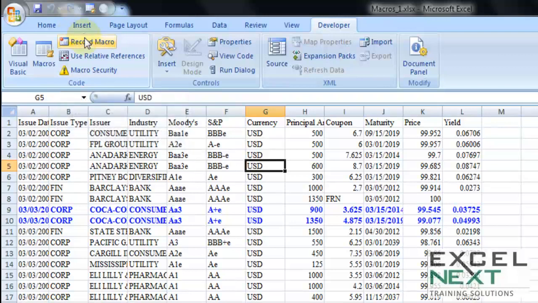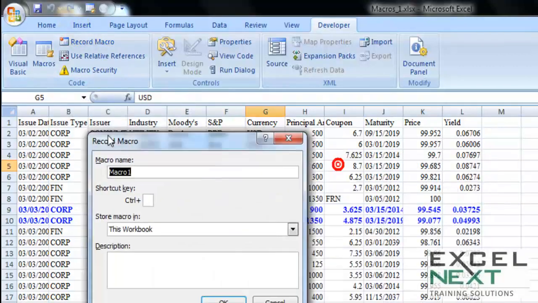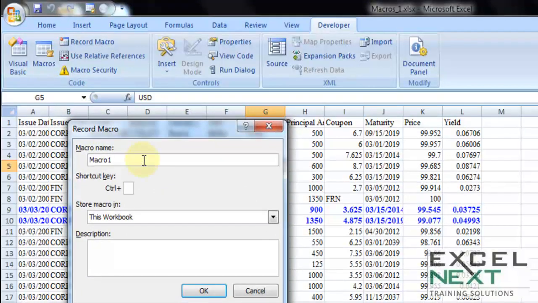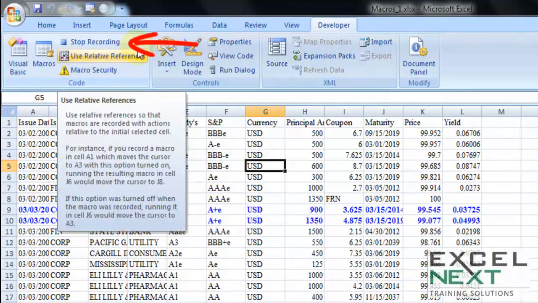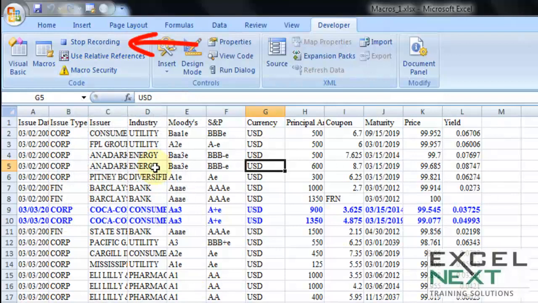So I go to Record Macro, click on that. It tells me what is the name of the macro that you would want to save. Let's say macro 1, let it be. And if I'm storing the macro in this workbook, that means all the codings that will happen in the background will be stored in this workbook too. And if I share this workbook with anyone, they can also make use of the macros that I have recorded. So let me press OK. Please note the stop recording has activated, which means the recording is on. All the action, even choosing a typical cell, will be recorded.